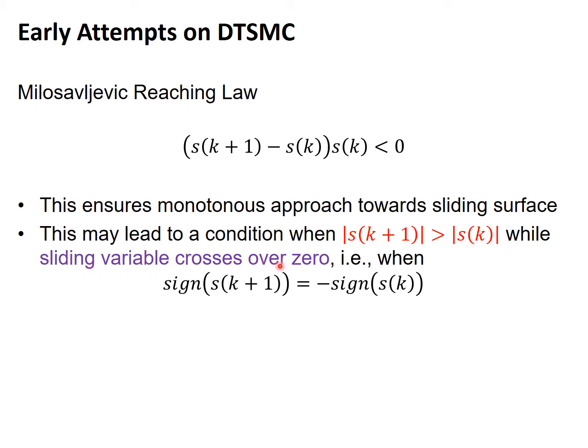When the sliding variable crosses 0, then sign of s(k+1) is the negative of sign of s(k). So suppose your s(k) is positive, then this part is positive, and for this part to be negative, what one needs